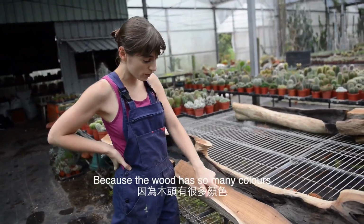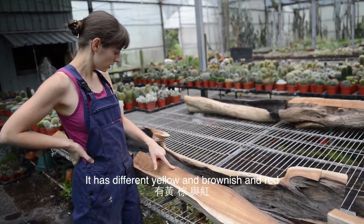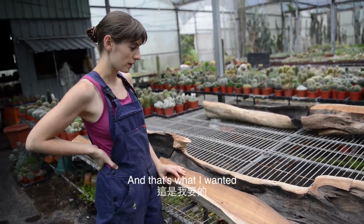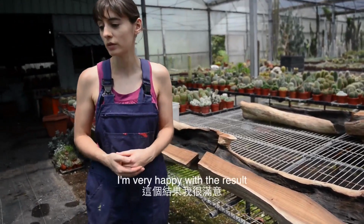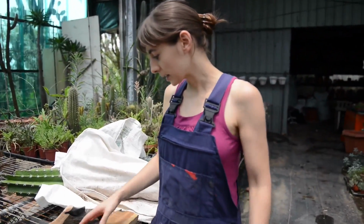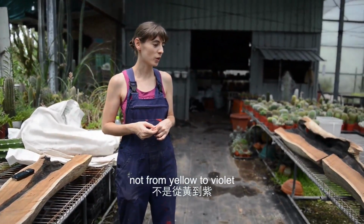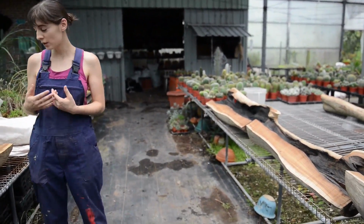But because the wood has so many colors, different yellows and brownish and red, then sometimes we see a little bit of purple, reddish, and that's what I wanted. So I'm very happy with the results. There's a lot. It's like a rainbow here, not from yellow to violet, but with more indigo tones, and it's also